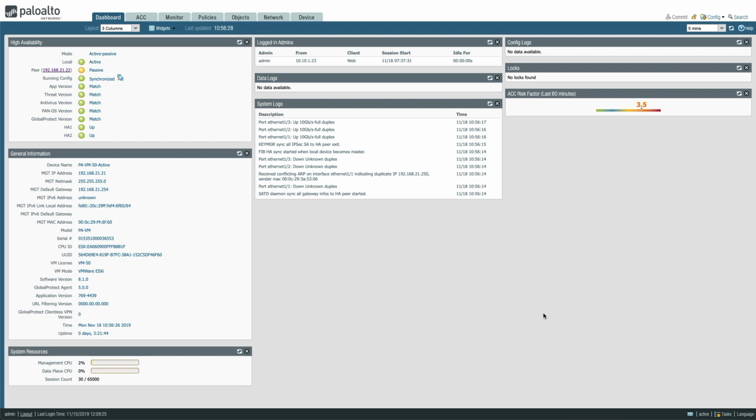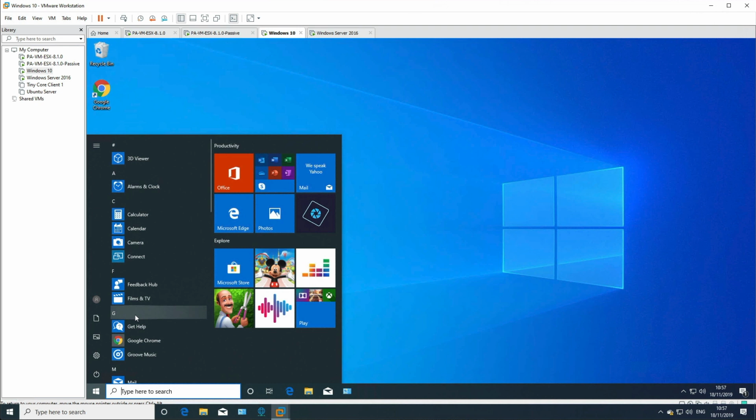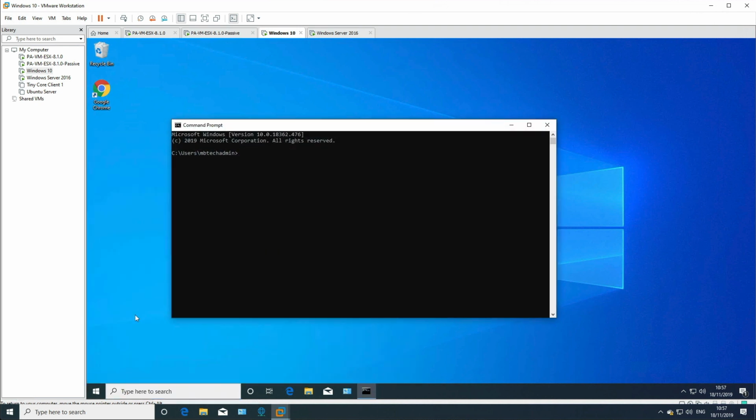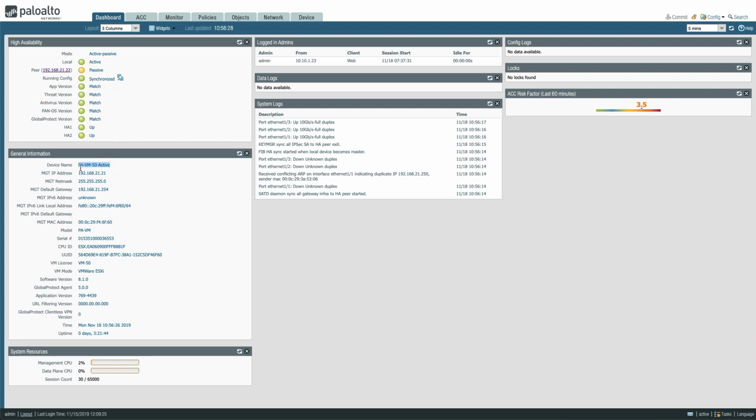Okay, so let's perform a basic failover test to demonstrate preemption on the active passive firewalls. If we go to the Windows 10 client and open up a command prompt, I'm going to ping the default gateway, which is 192.168.21.254, the router on the outside interface of the firewall, and just confirm we've got connectivity, which we have. So if we go back to the active or primary firewall, we can still see it's in the active